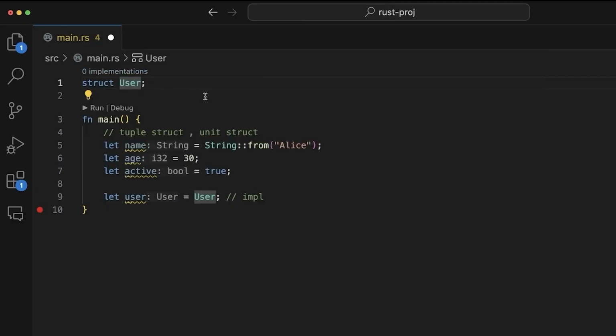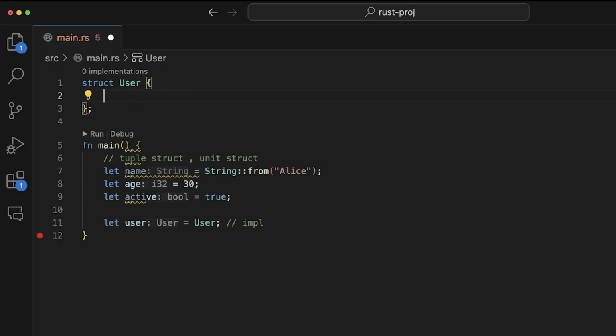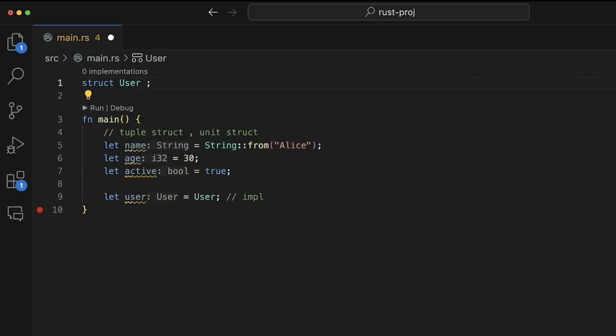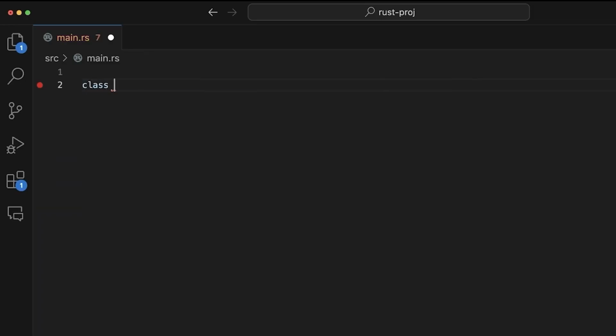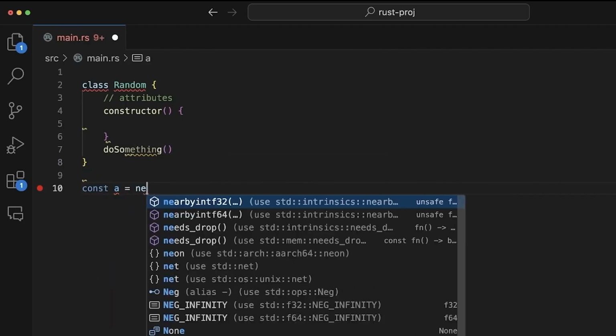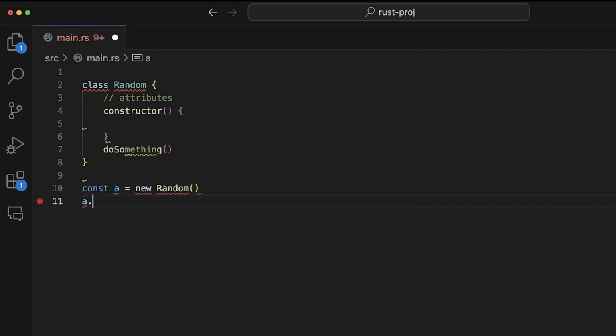You might think, why do you need unit structs, Harkirat, if there's no data associated? And the answer is, a lot of times you might need to create something that doesn't necessarily have data, but has some functions associated to it, very similar to a class. You might have a JavaScript class, random, which in the constructor doesn't set any attributes, has 0 attributes over here, yet has some functions, do underscore or do something. And whenever you create an object of the class, you might want to call a dot do